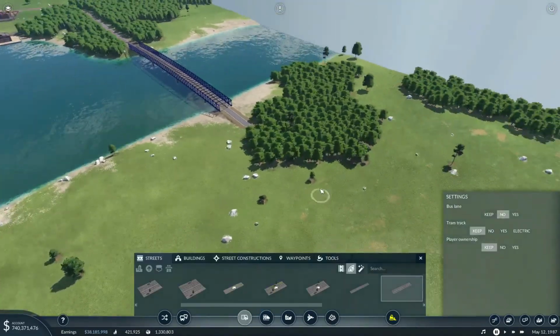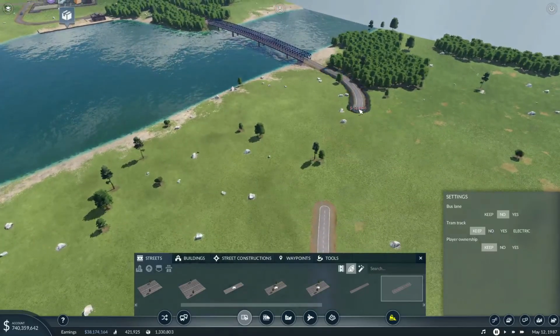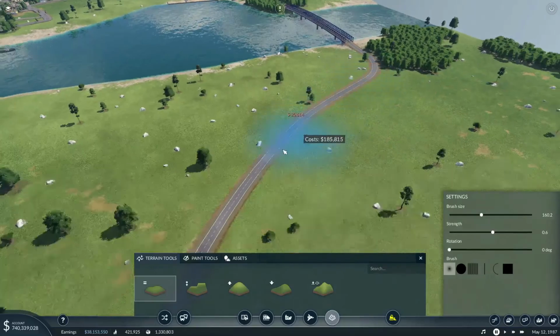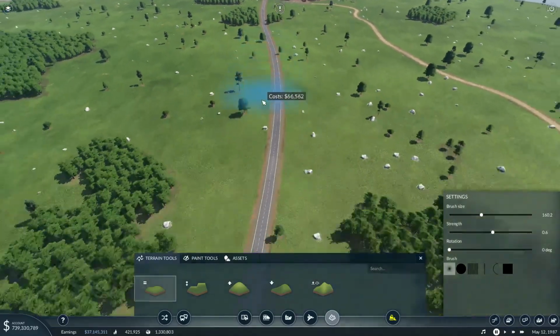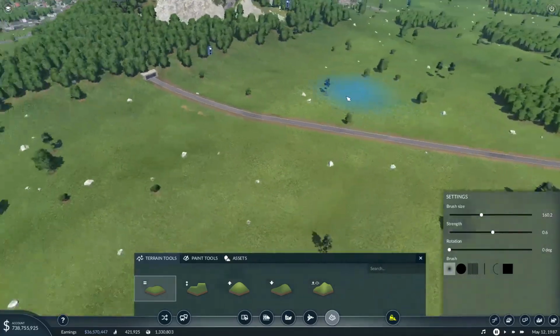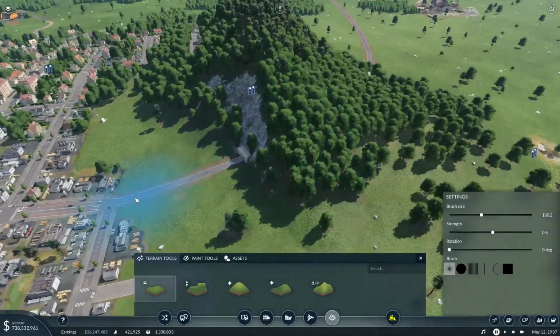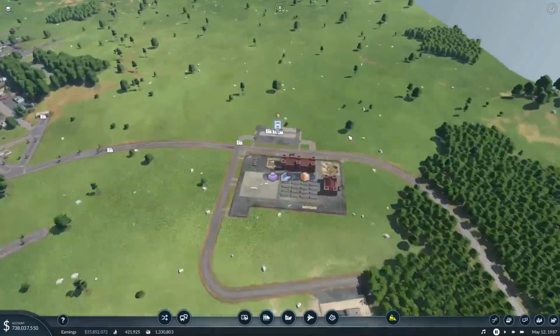And now we need to connect up this road. So if we curve it around here and curve it in, and then we'll smooth out this road just like that. Smooth it out right up into there and smooth it out there. This is going to be a really long delivery,